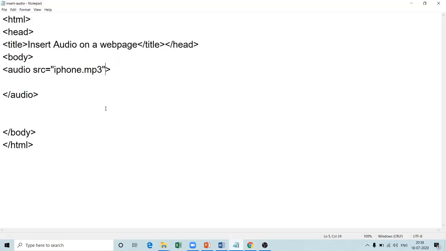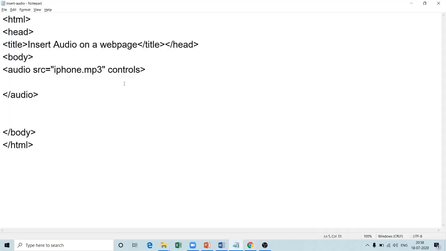Now there is no output because I have not added an important attribute, that is controls. So I will go to the program again and I will add controls so that the control bar will appear. I will refresh this. Now see, the control bar appears and the audio file is also there.